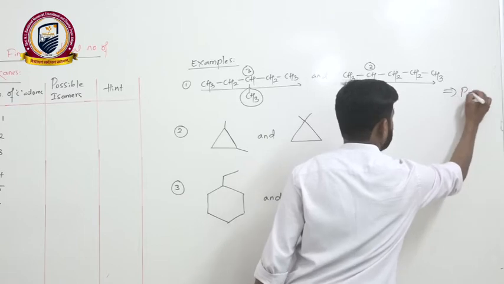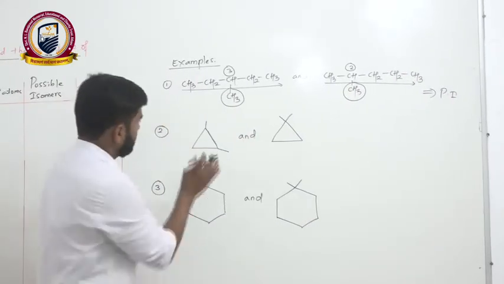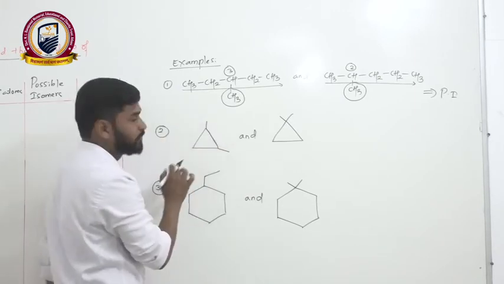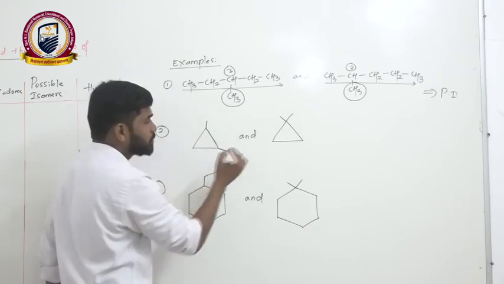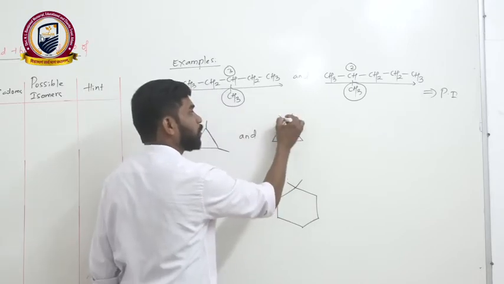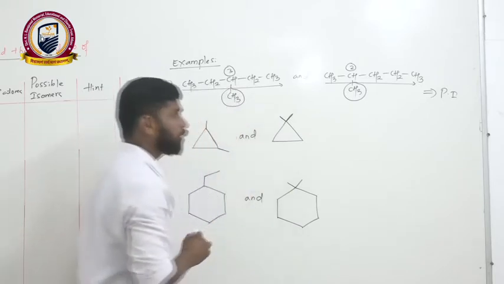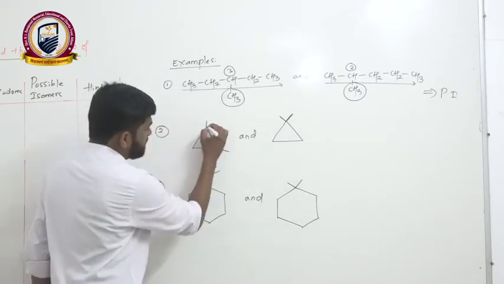So these two will be exhibiting position isomerism. And out of these two, if I consider this as a parent chain, this is cyclopropane, which has one methyl group. This also has the parent chain cyclopropane. It has two methyl groups, one methyl group and one methyl group. And now these two will be exhibiting position isomerism, because the side chain is the same.